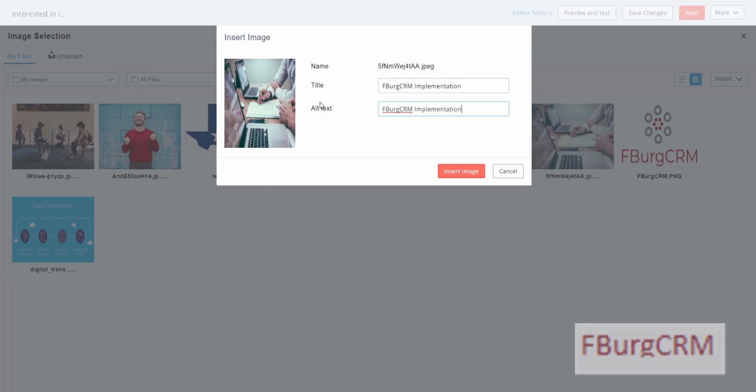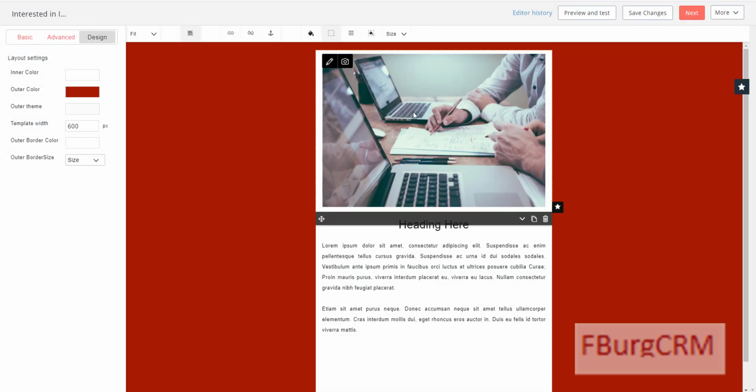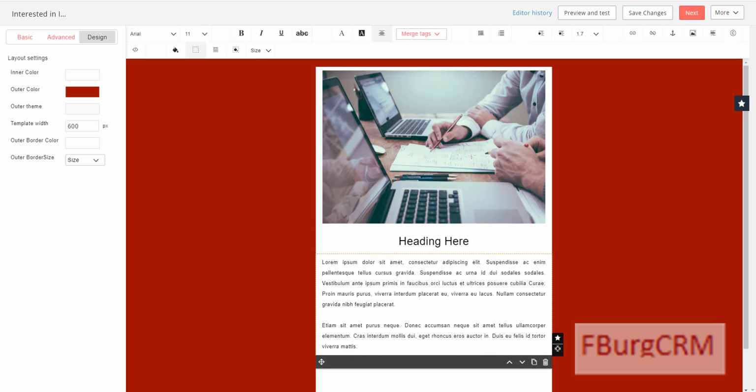One of the reasons I like to use the title and the alt text is if somebody does not choose to download your email when they view it, it'll at least show them FBrook CRM implementations, something so that they can gauge their interest. Okay, so now we're going to